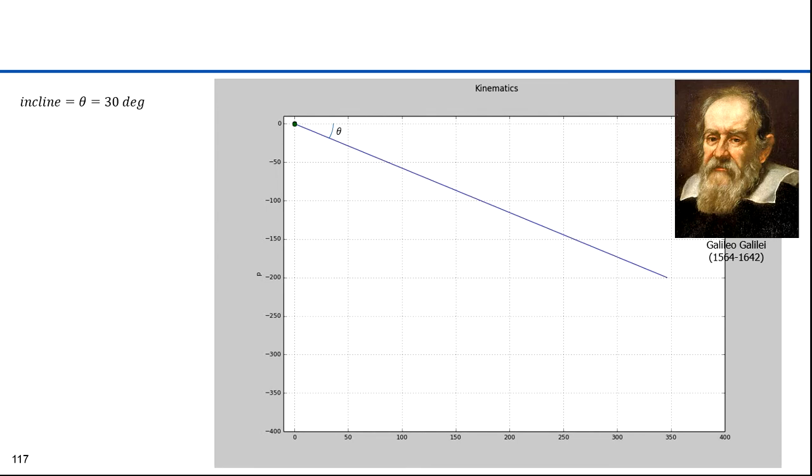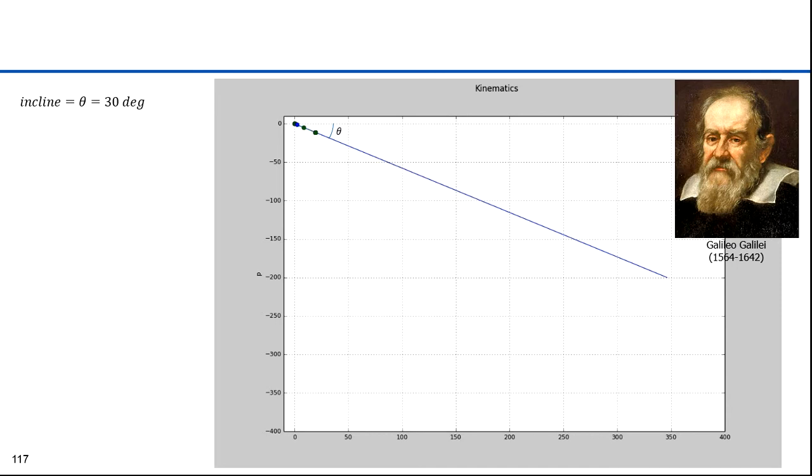Galileo studied kinematics, a branch of mechanics that focuses on moving objects. Galileo used a water clock to time balls rolling down gently inclined slopes. He found that the total distance for a given time increment was proportional to the square of the elapsed time. A ball would go 4 times as far in 2 seconds as in 1 second, 9 times as far in 3 seconds as in 1, and so on.